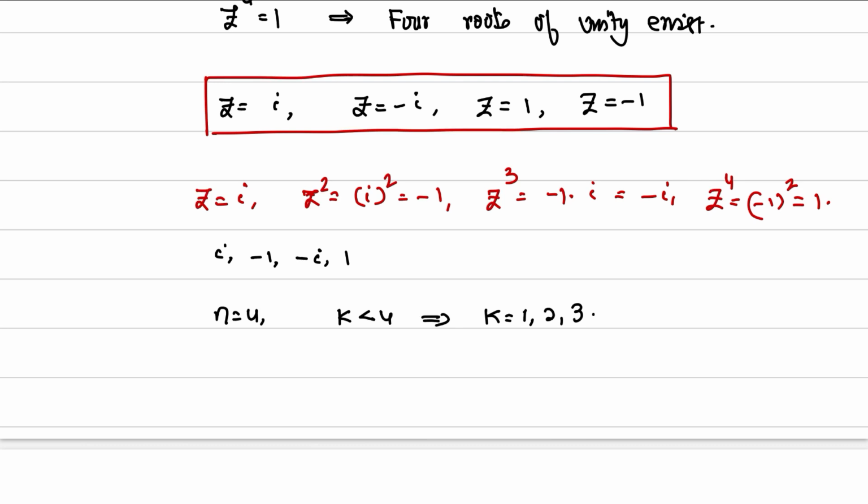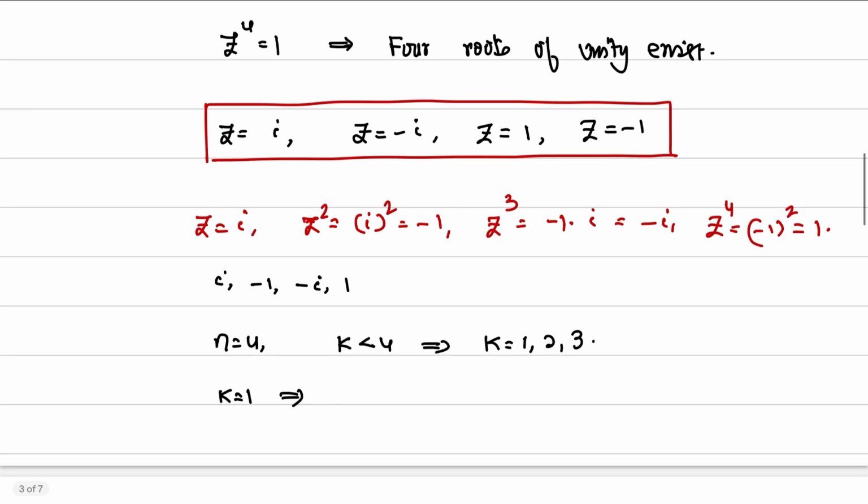When k is equal to 1, the value is i. When k is equal to 2, the value is minus 1. When k is equal to 3, the value is minus i. None of these